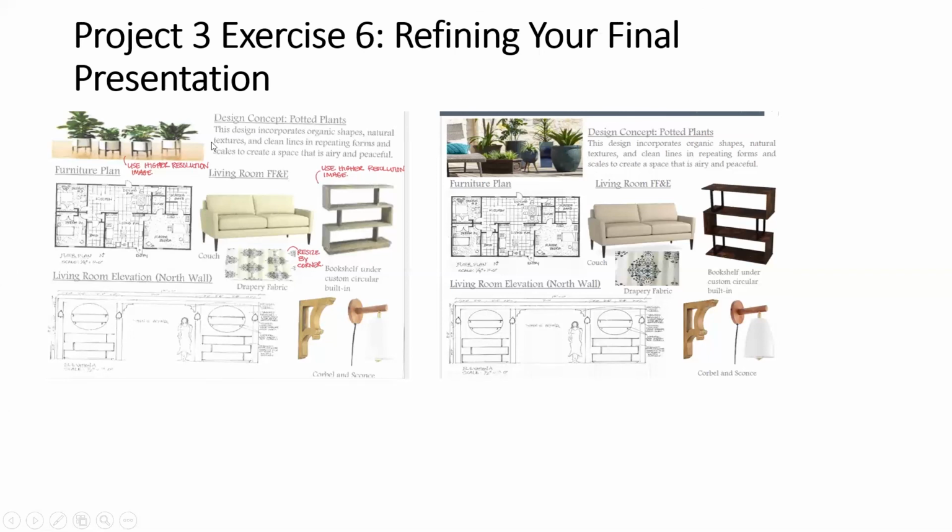And you can see here, this one, the image wasn't good resolution, so the student replaced it. This swatch was a little bit distorted, so the student fixed it. Again, higher resolution needed on this furniture piece, so you get a much better version here. And so all it is is the rough draft with comments, and then the finalized version that's ready for your client to see.